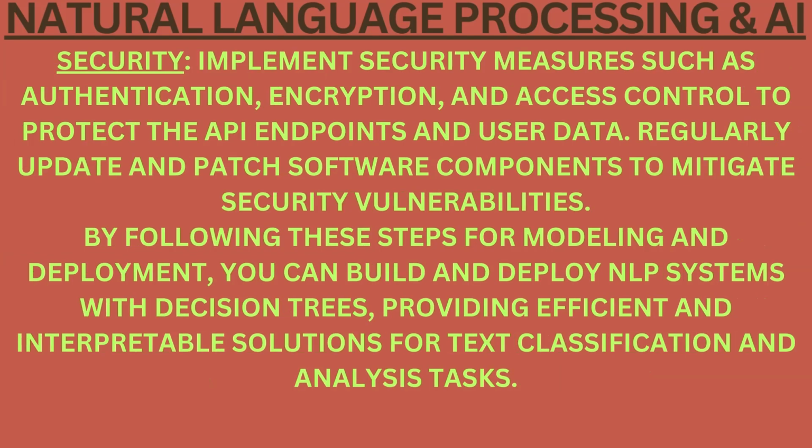Security. Implement security measures such as authentication, encryption, and access control to protect the API endpoints and user data. Regularly update and patch software components to mitigate security vulnerabilities. By following these steps for modeling and deployment, you can build and deploy natural language processing systems with decision trees, providing efficient and interpretable solutions for text classification